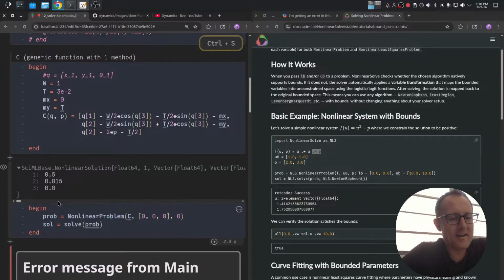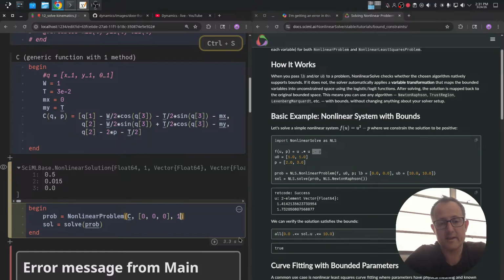What I am starting off with is I'm giving it an initial guess of 0, 0, 0. It's not a good initial guess. I know that it's going to be wrong, but it's going to be pretty close to what it should be. And then it's telling me that my initial X position is half of the door width. My initial Y position is half of the thickness. And then my initial angle is 0. And then if I change this and say go up to 1 second,